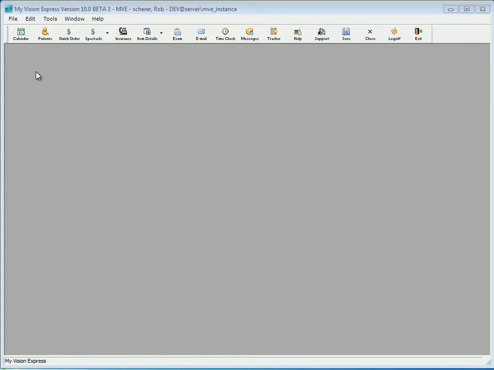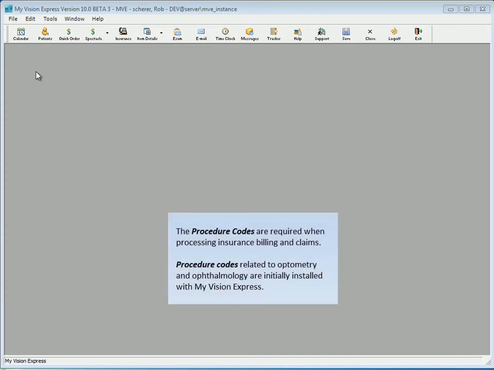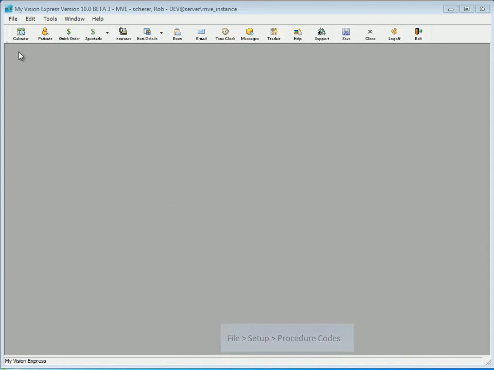It's a good idea to start with procedure codes because for most of your inventory items, the charge associated with them is going to be reflected from the UNC from the procedure code itself. Now, these procedure codes are used for insurance billing. So if you're not planning on using insurance billing within MyVision Express, then you don't need to set up procedure codes. However, if you are, you will want to set them up here at File,